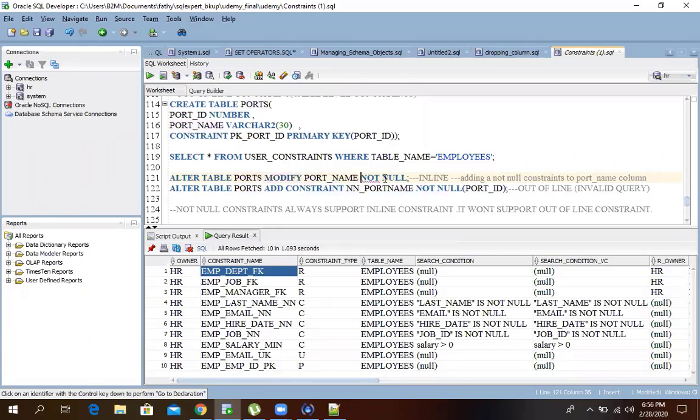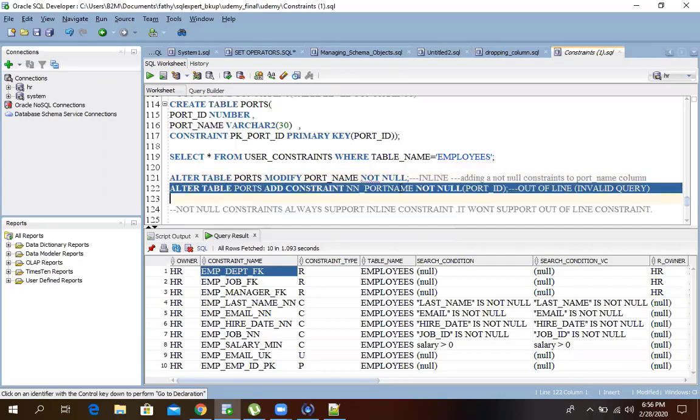Here also I didn't give any constraint name. Here also you can follow the same shortcut. Is it inline or out of line? After the constraint name I didn't have any information about my column, so I'm just giving it like an inline. This alter command is also adding a not null constraint.